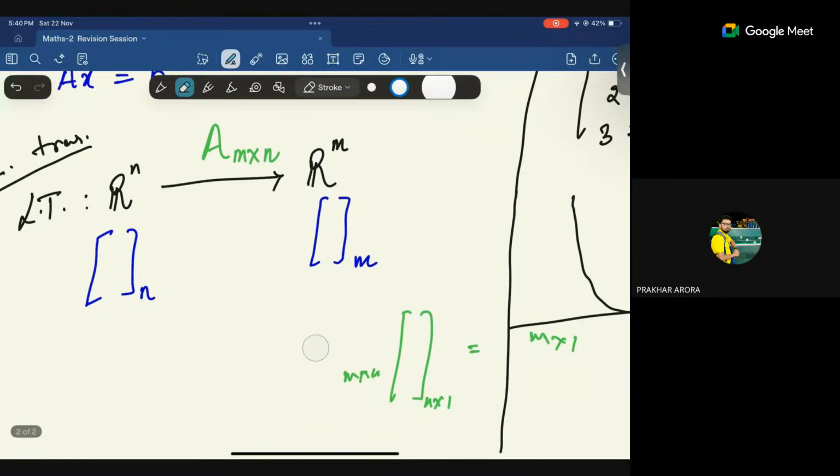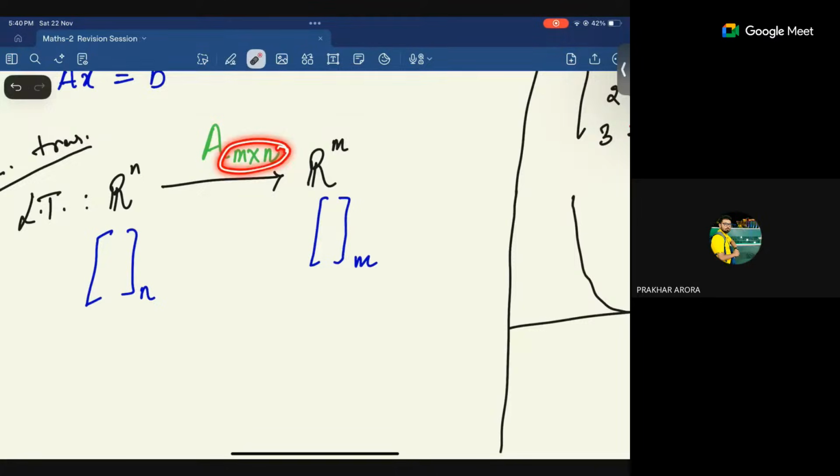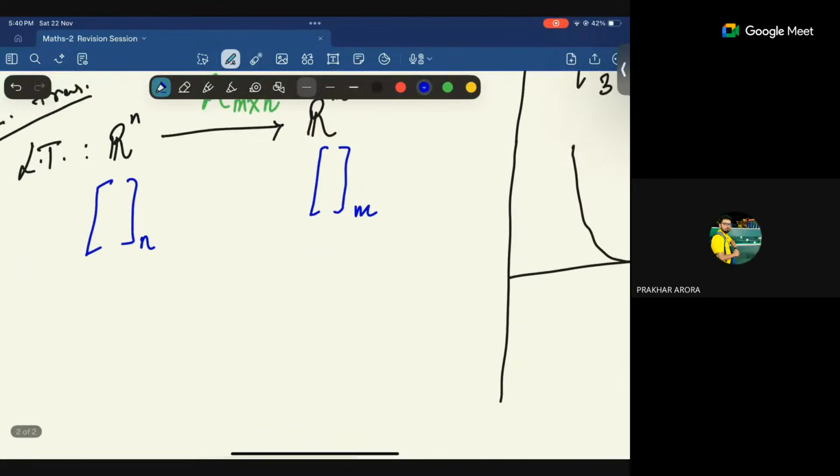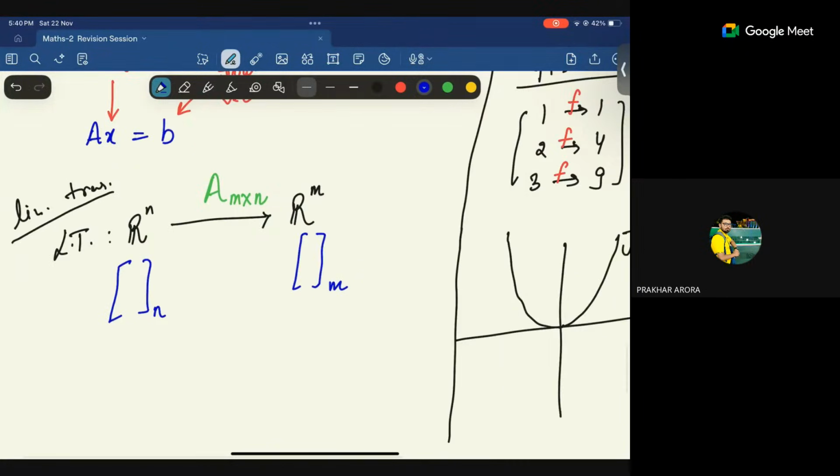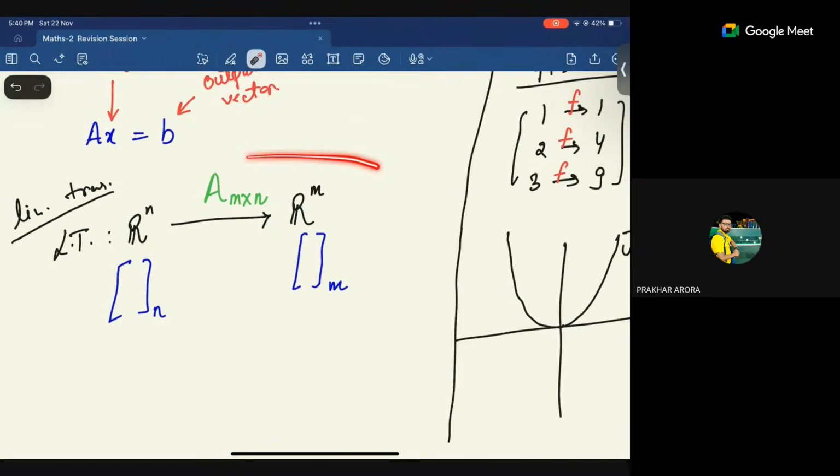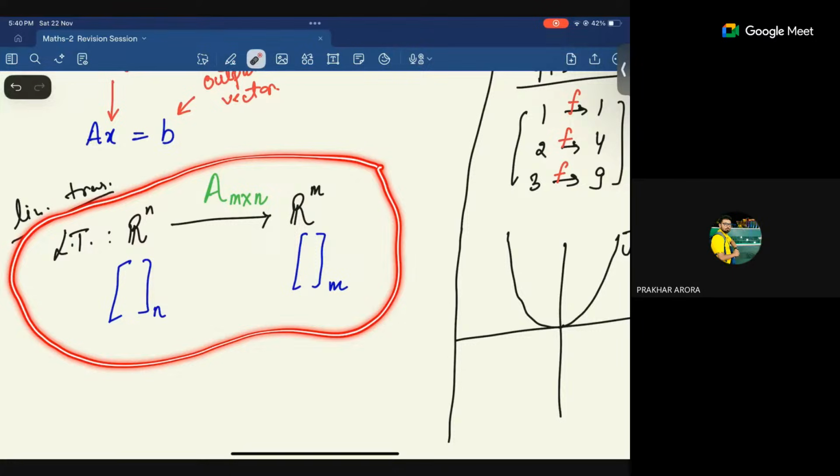So this is our matrix, m cross n, and this is the meaning of the matrix here. Let me write a matrix here. This is the complete shape of linear transformation, the complete understanding we needed. After this, no new logic is coming from linear transformations. This is the end of linear transformation.